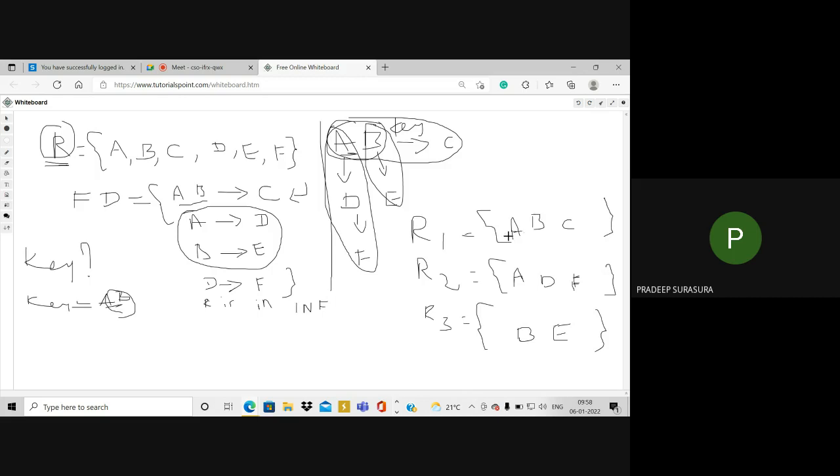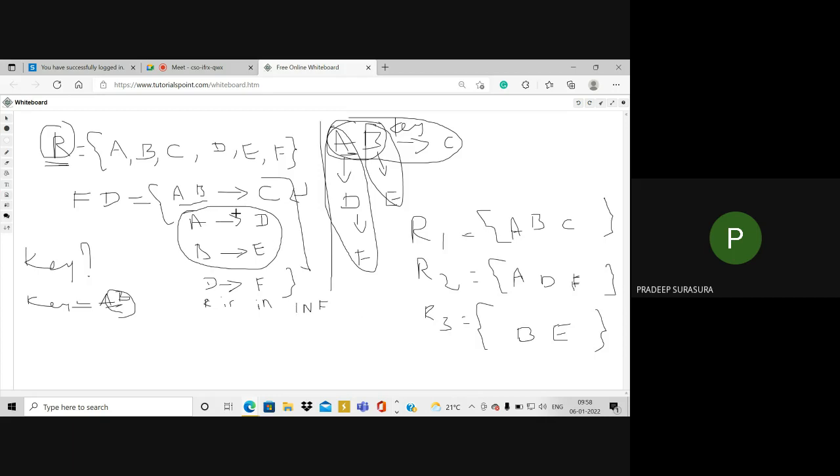Apply second normal form to the FDs R1, R2, R3. Now we try to figure out the same FDs. These FDs have to be satisfied no matter what happens; we have to see that these FDs must be satisfied after you break these tables. R was the table which was initially given. Now after applying second normal form, we have three tables: R1, R2, R3.